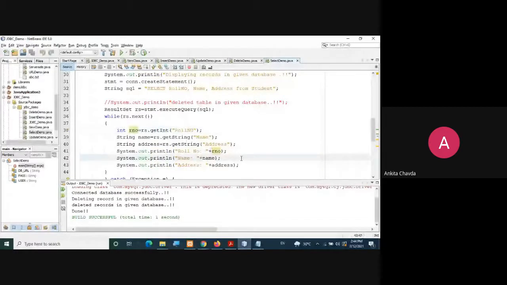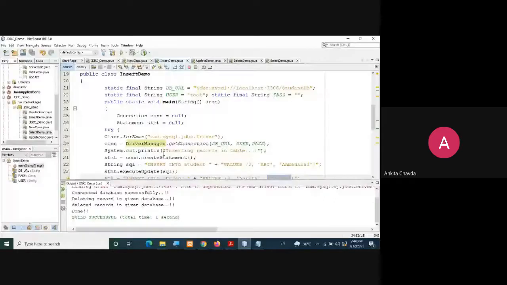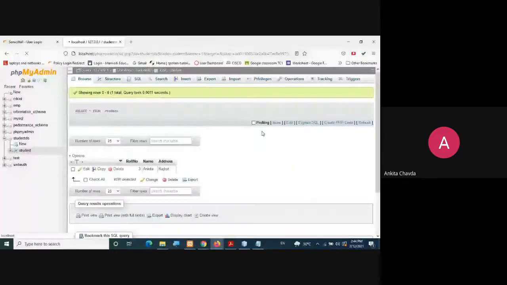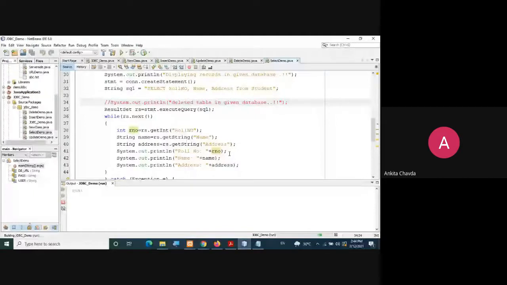If I run this, I'll get records, because right now in my database there are only a couple of records. So we can run this first. These two records will be fetched here. I'll run this select demo file and I'll get my records here.